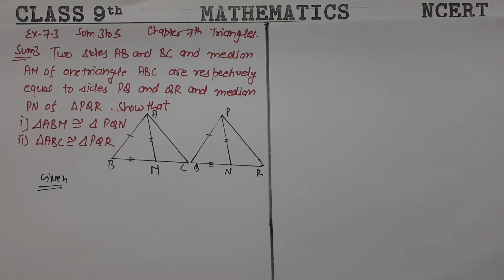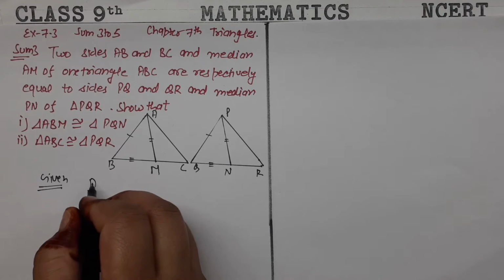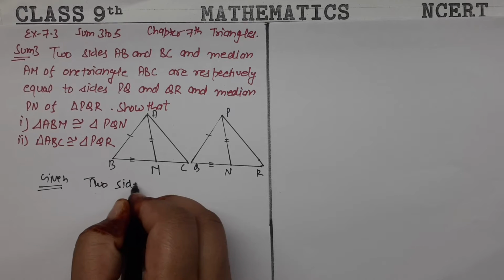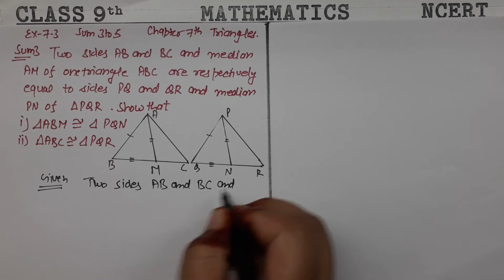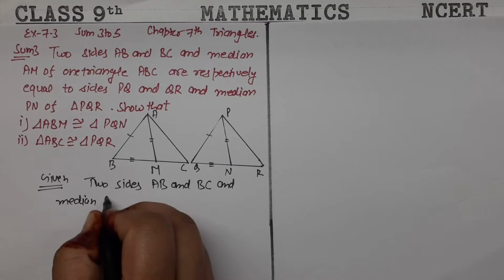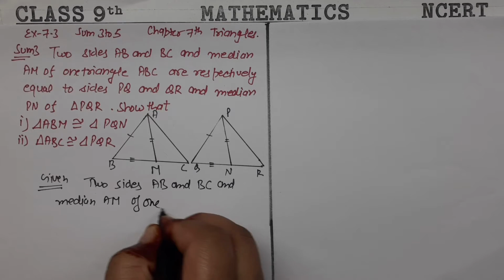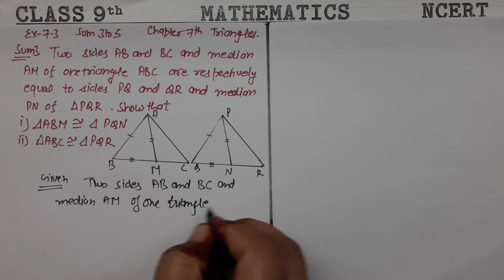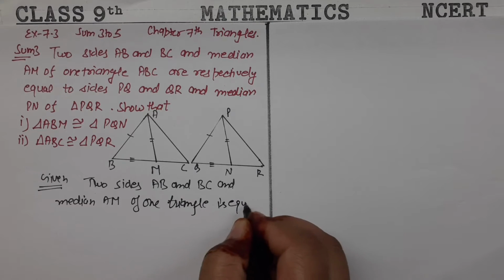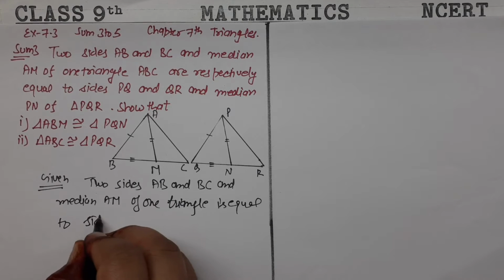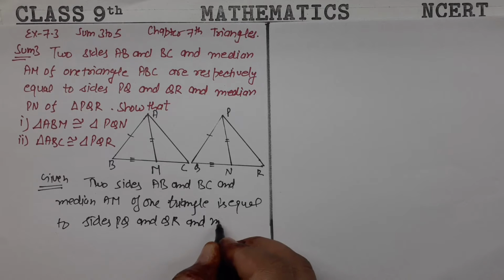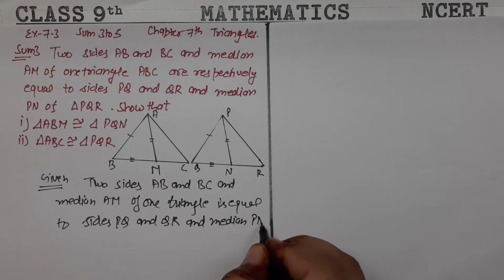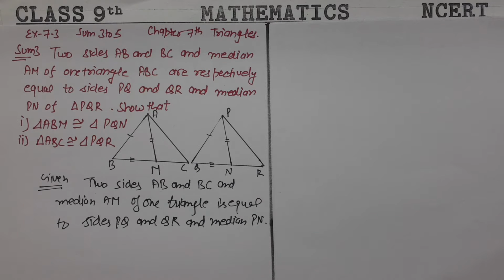Now we will write given. Two sides AB and BC and median AM of one triangle is equal to sides PQ and QR and median PN. To show same,